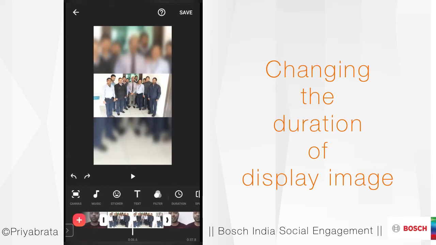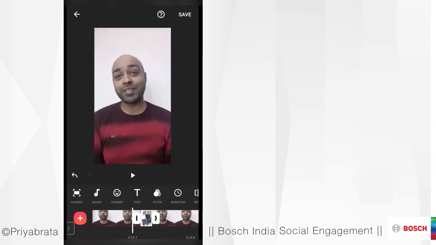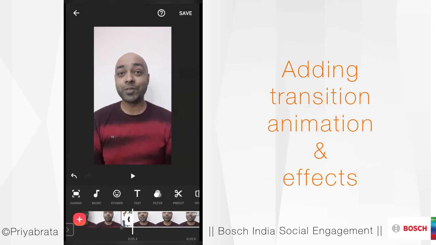How do I do that? I click on any of the arrows on the left or the right and I trim it, bring it back down to 1 second. Now I want this photo to come in like this, to flow or add an animation to this photo. So to add that kind of transition, you see a small gray circle right where the previous video is ending and the new video is starting.